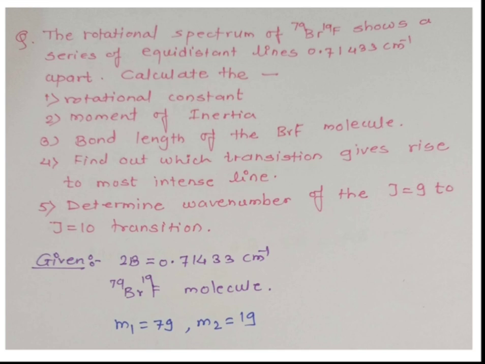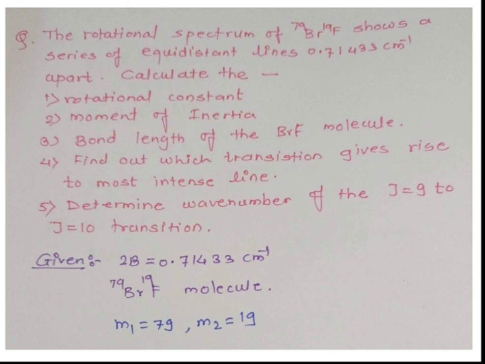0.71433 per centimeter apart. Calculate the... So what's given in the problem? They have given us the BrF molecule. The atomic mass of Br is 79 and the mass of F is 19. It's given here. And there are equidistant lines, and the spacing between these lines is 2B, and that is given as 0.71433 per centimeter. So from this data we have to calculate the following points: the rotational constant, that is B,